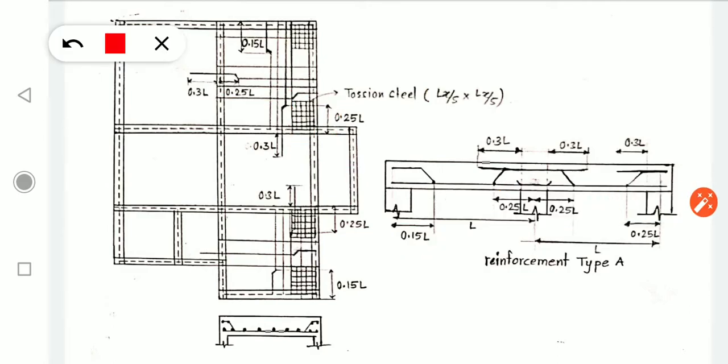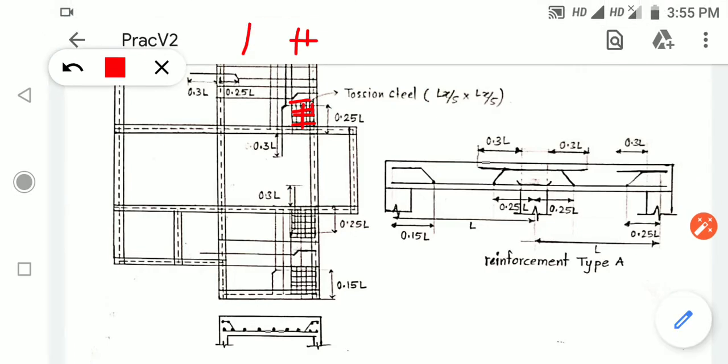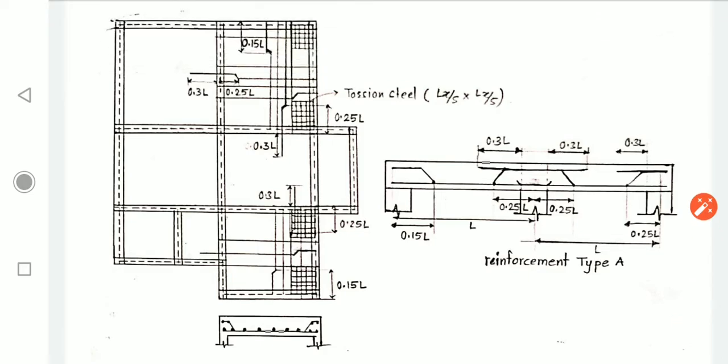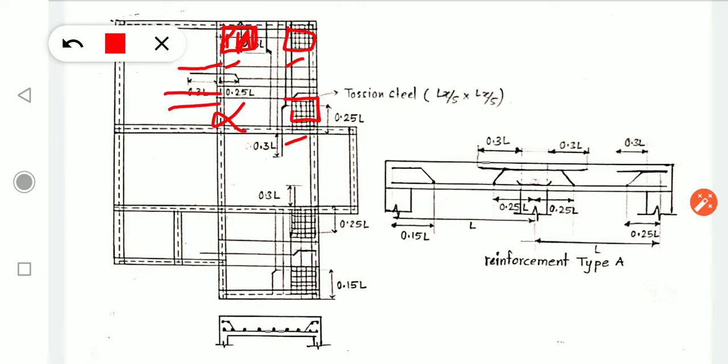Understood? What is this? This is the torsional steel. The torsional steel will come in this corner and this corner. I have not shown it; you can show it on your own. I am just giving you an example of torsional steel. It will come in the 1, 2 and 3 corners. Why will there not be torsional steel at this place? Because this corner is fixed and continuous, or partial fixity is provided from both sides.